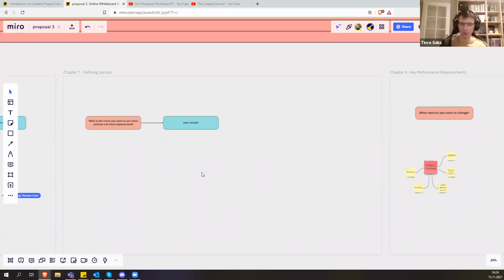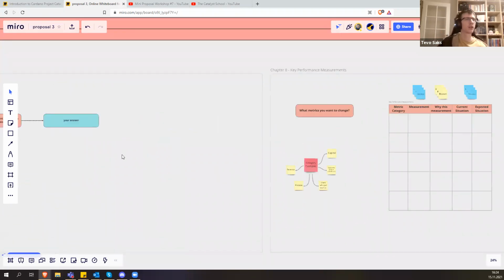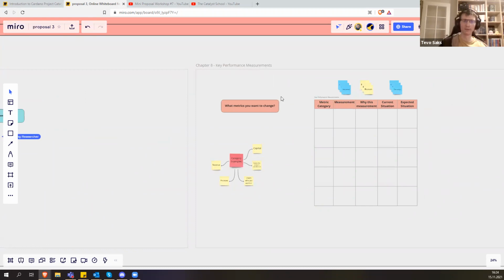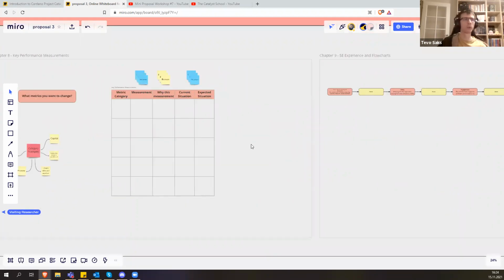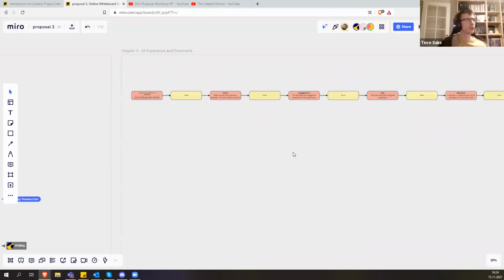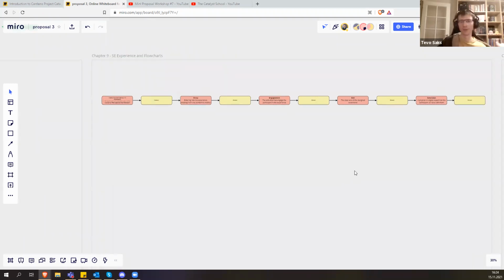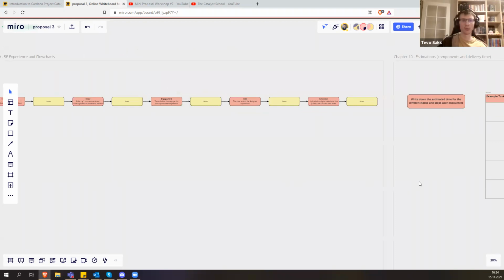What is your vision? What do you want to see as an end result? And talked a bit about the key performance measurements, like how do you measure, how do you audit your proposal, user journey and flow charts, like where do they start, why do they even find your application, what do they do there first, what do they get out of that, just to have like a flow chart in your mind of